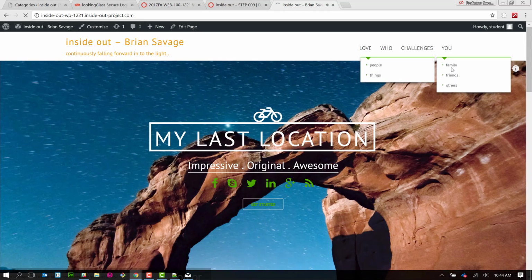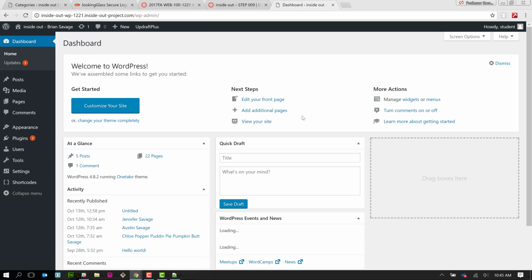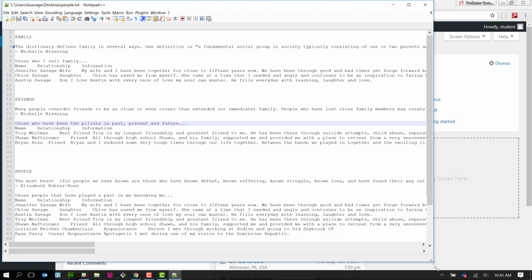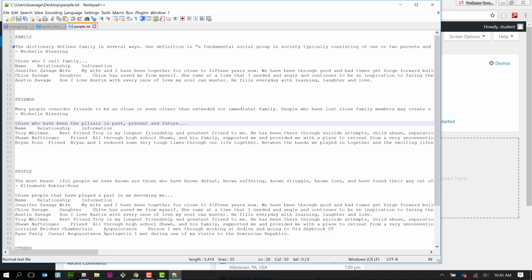Okay, so now we have our pages all set up and we're ready to start adding our posts so that we can add them to our pages. If we recall, we talked about adding posts to our pages. The way that we want to leverage posts is we want to break the information up into smallest pieces possible so that we can leverage that information and distribute it throughout our site in different ways by using categories and